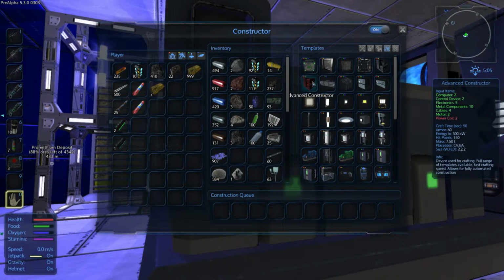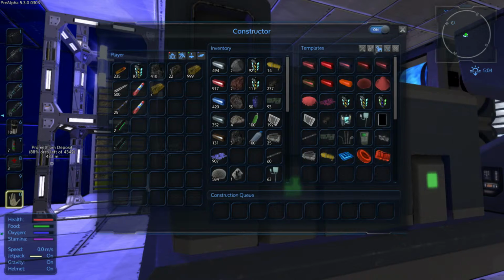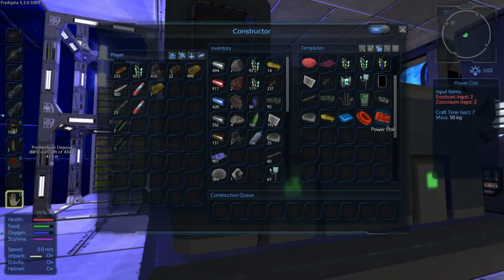And we need 2 power coils, basically, and power coils are made with... okay, actually, never mind. Erestrum and zascosium is what we need. I wonder what... Okay, the neodymium is actually for the advanced CPUs. I got mixed up there. So we actually don't have any of the materials we need for the power coil, and I have a feeling